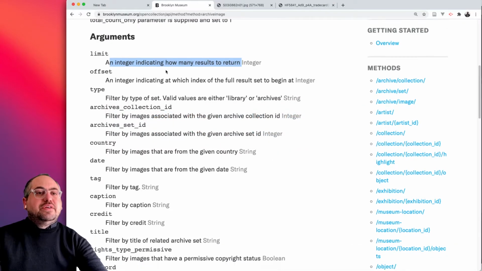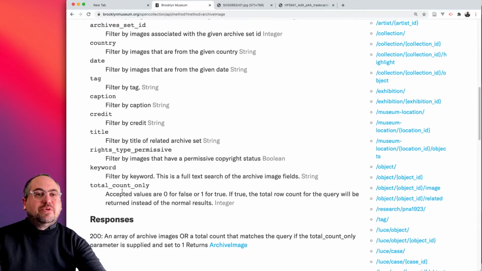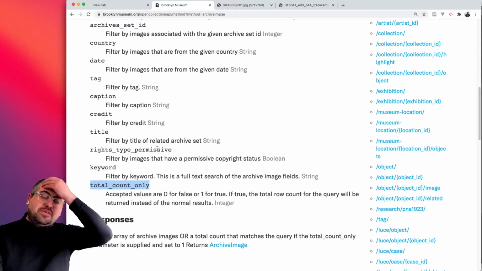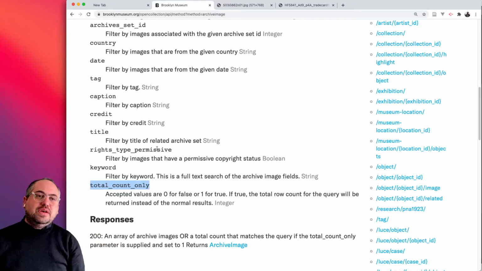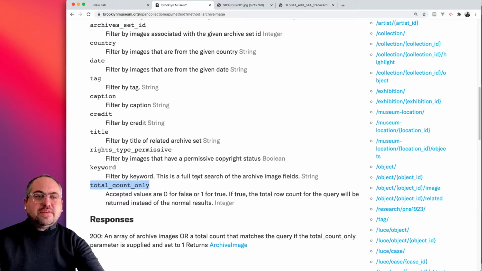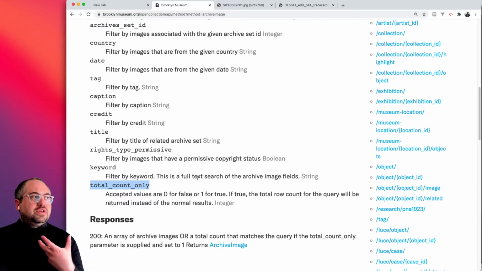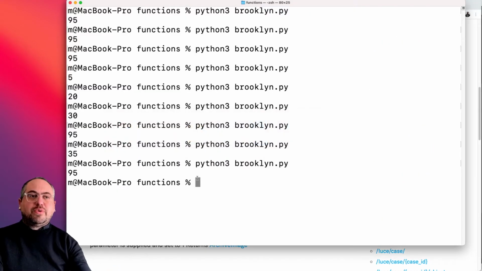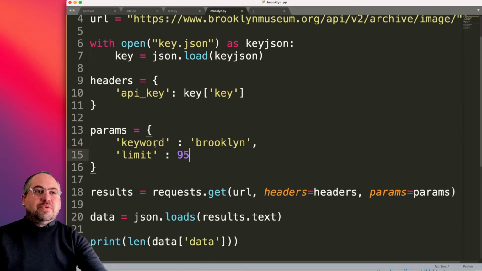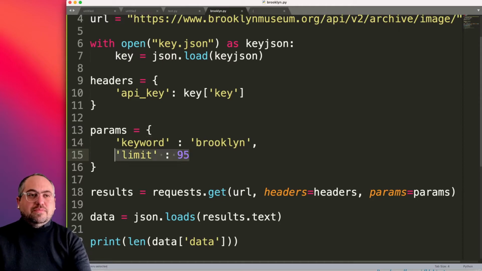And so if we come back here and we look at the documentation some more, it says there's a parameter called total count only. And it says accepted values are 0 for false or 1 for true. If true, the total row count for the query will be returned instead of the normal results. So basically it's saying, if you pass this parameter, we're not going to send you the results. We're going to send you the total number of results there are for your query. So if for example, we took out the limit and we put in this and we say 1,